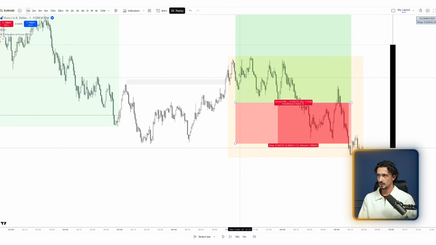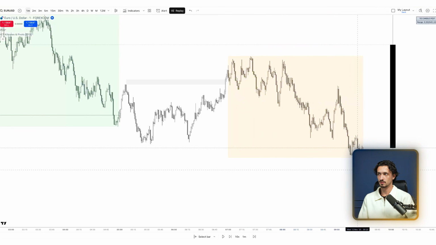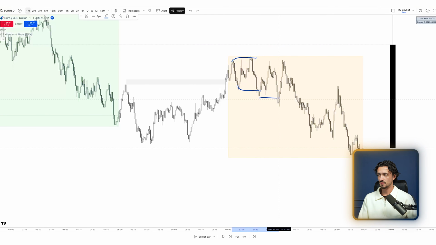We have a pullback here. We have a break of structure up here. It's very, very minor, but again, it follows my rules. That's why we have rules, so that we don't get confused. We break structure, we change character, so we become bearish, which is fine. I can still be able to buy it even if the 1 minute is bearish after my trade. We continue bearish,